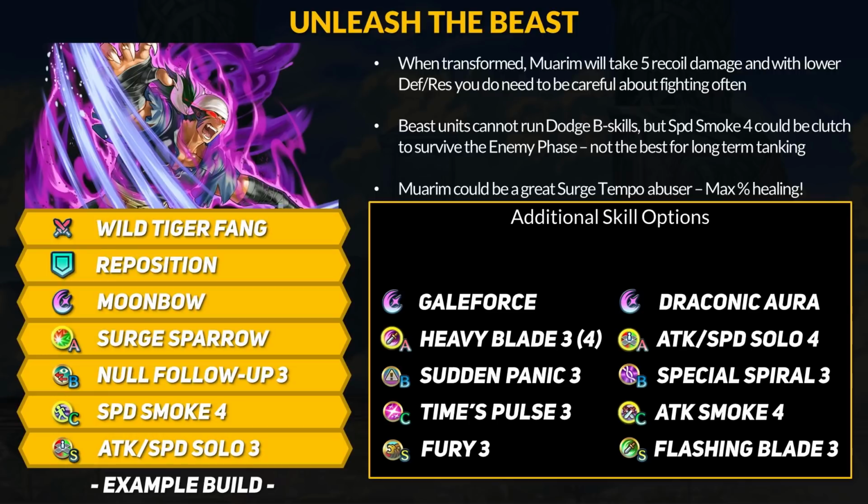Maybe if beast units could run Vital Astra or actual dodge skills, I would think about it, but they can't. You could run Distant Counter, but with Wild Tiger Fang's recoil and lack of always active dodge, I don't think it's the best option. If you want more immediate player phase deletion power, Time's Pulse never hurts, especially with something